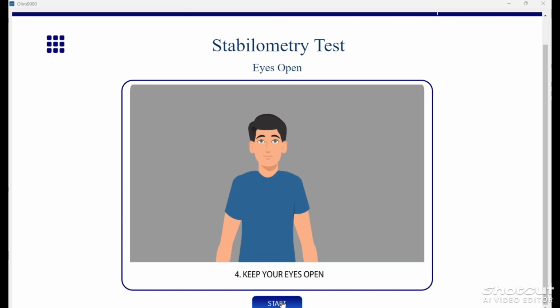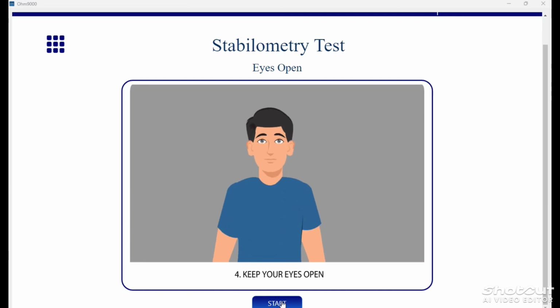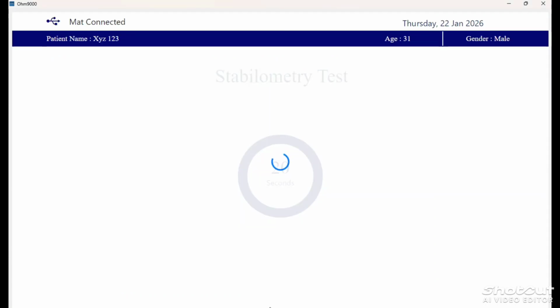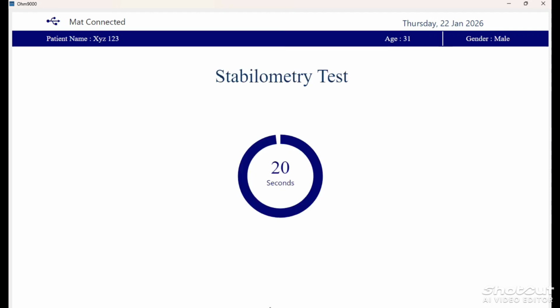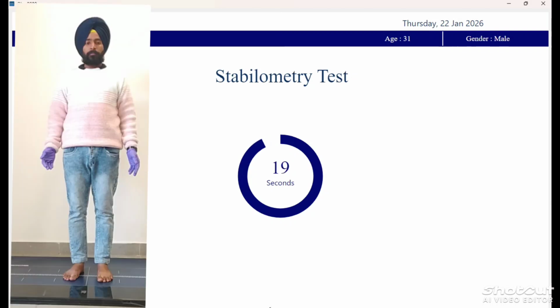After looking straight, we instruct our subject to keep the eyes open and then click on start. Now the timer has started for 20 seconds. Our subject needs to stand like this as shown in your video, for 20 seconds in a stable position.